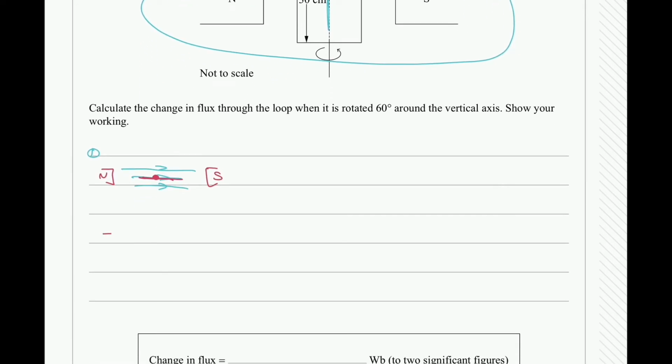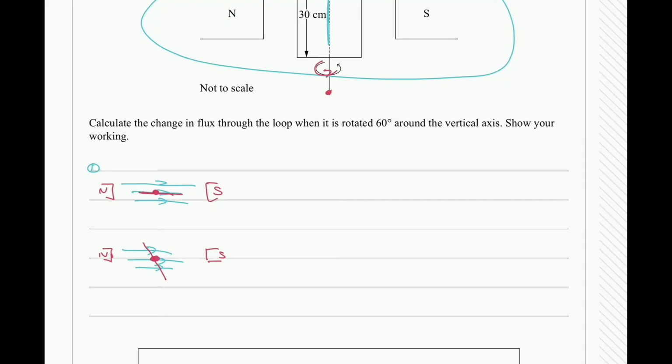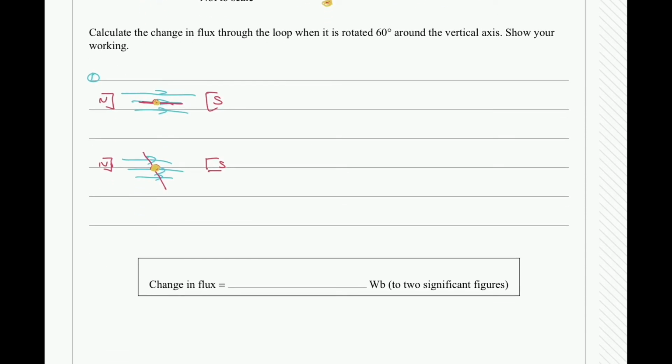But in stage 2, it's still going to be north, it's still going to be south. We still have our magnetic field lines traveling across, but then we rotate 60 degrees clockwise, because I'm just going based off of this here. It rotates around that axis, and that's my axis that I have here. I'll try highlight it in the orange or even a yellow. Hopefully it stands out a little bit more. That's our rotational axis, this point here through the loop. So we've rotated from horizontal, or from parallel to the magnetic field lines, is another way to think of it,